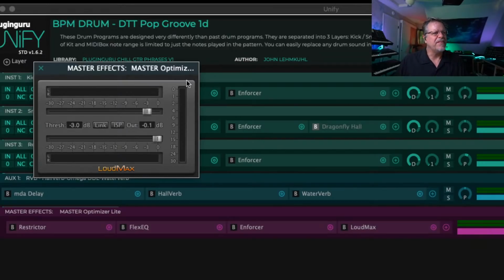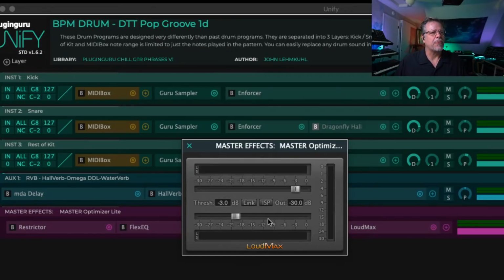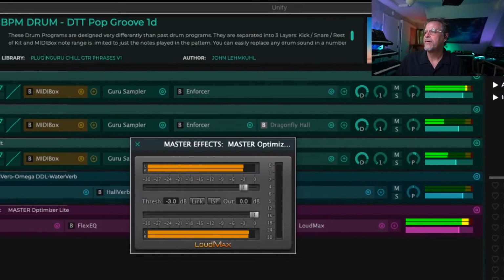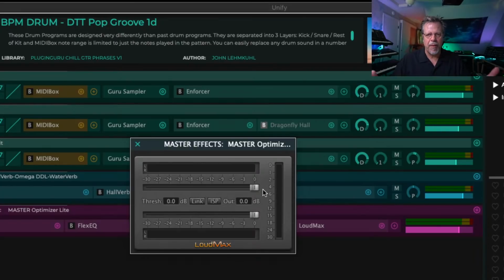So what this has is 2 sliders, right? The bottom slider is the threshold for the actual output level. So if I bring this down, see my mixing. Oh, wait, you can't see it. So let's go like this. See the red output. It's in the red a little bit. If I bring this down, I'm controlling the maximum output allowed. All the way up at 0 means it goes 0 dB. And then threshold, this is the one that brings up the body and makes it huge. So as I bring this up,